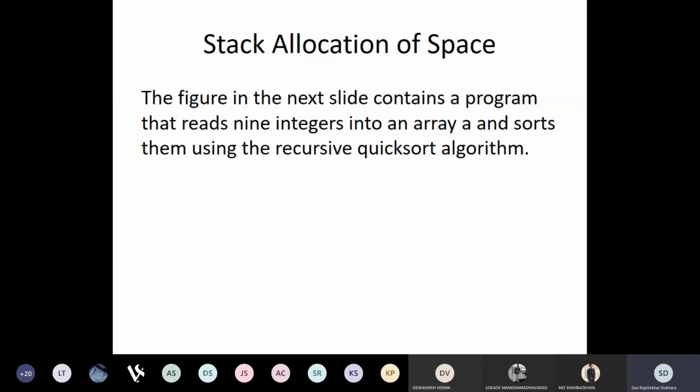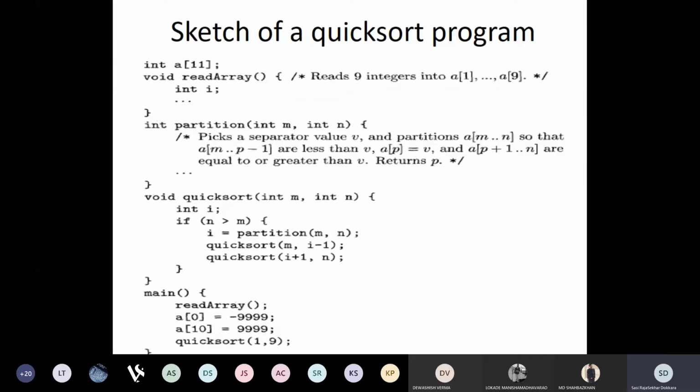Now let us look at a simple example where stack allocation of space is done. Here we have a simple quicksort program. It takes 9 elements in an array and sorts them. The main program initially calls the read array function, which reads 9 array elements and then returns.